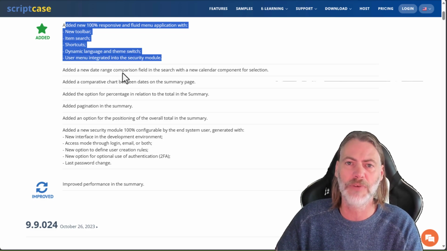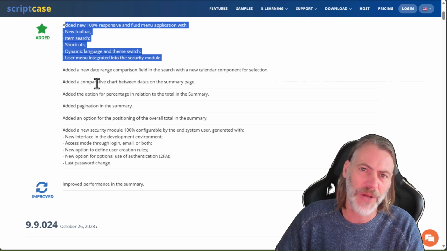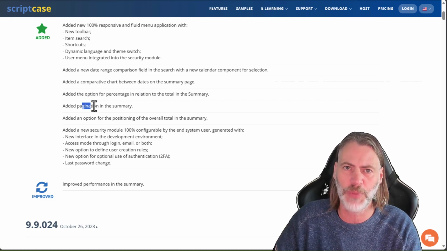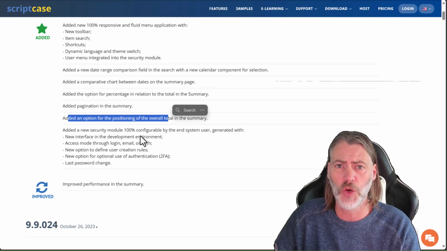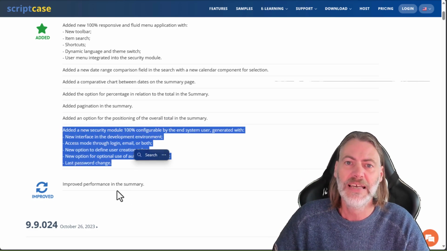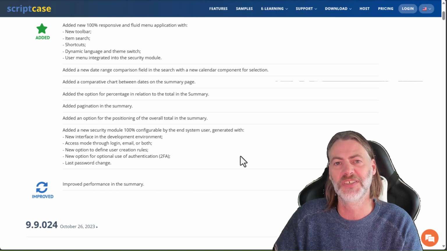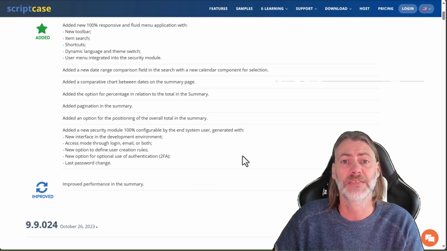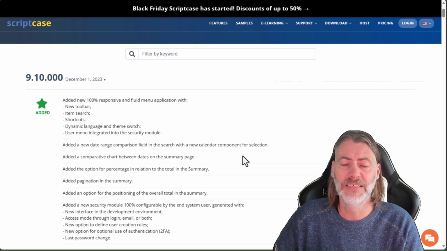We have new date range comparison fields, we have new comparative chart options, we have new percentage options in the summary, we have new paginations, we have new positioning options, and of course the new security module, which isn't entirely working, and improved performance in the summary. So it is essentially a very big upgrade, okay? And upgrade,